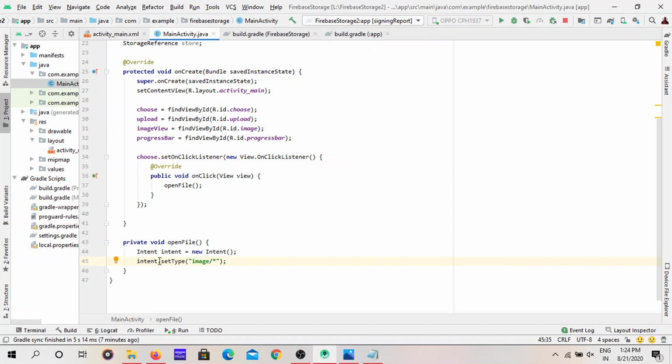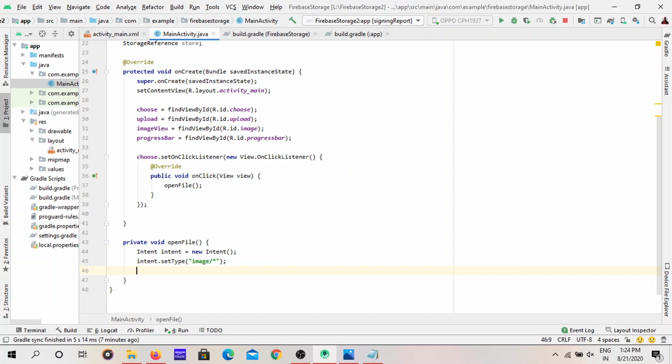Here I am giving that intent set type images slash star. Like we are saying to the Java that this intent is a type of intent that only gets the images from the file manager. We are just saying the type of the intent to the Java.